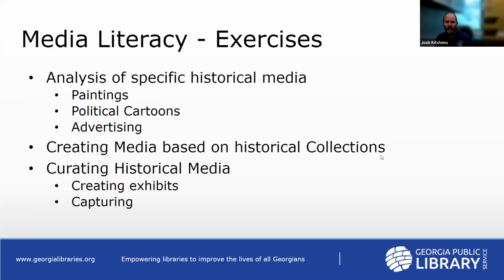When we think about doing different types of exercises, of course, you can talk about specific analysis, such as painting, political cartoons, advertisements. I found in a past life working in a university archives that advertising and political cartoons were often really something that engaged students. Advertising in particular engaged students a lot. But I do think historical paintings, if you have some in your collection, are really useful when you think about